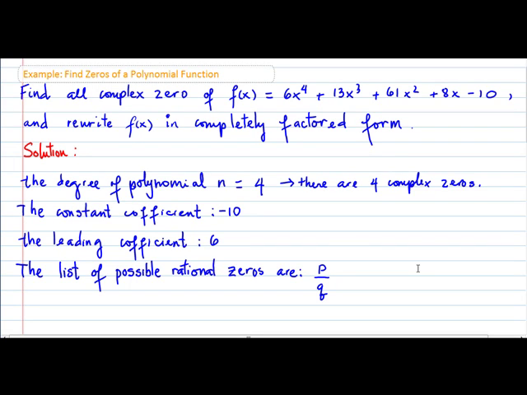In this example, I'm going to show you how to find all complex zeros of the function f, and we're going to rewrite the function f in completed factored form. First, I'm looking for the degree of the polynomial, n. The degree is 4 because 4 is the highest exponent in the polynomial. That means that this function